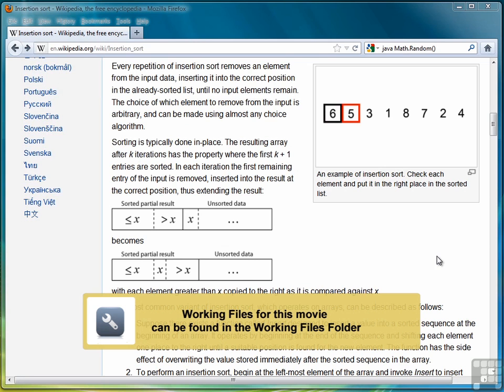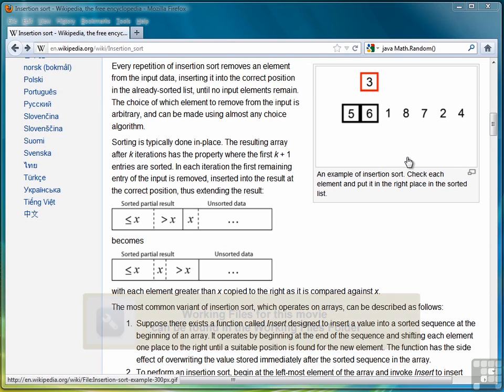In this chapter, we're going to be looking at sorting and searching algorithms. And in this first lesson, we're going to start with one of the simplest sorting algorithms, the insertion sort. What you're looking at on your screen right now is an animation from Wikipedia that demonstrates how the insertion sort